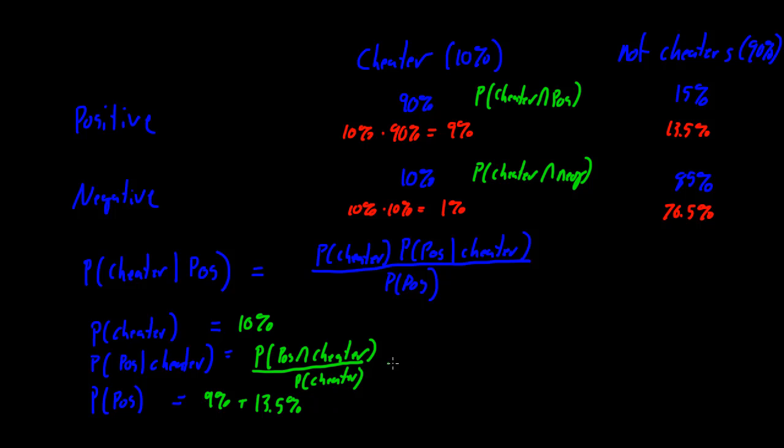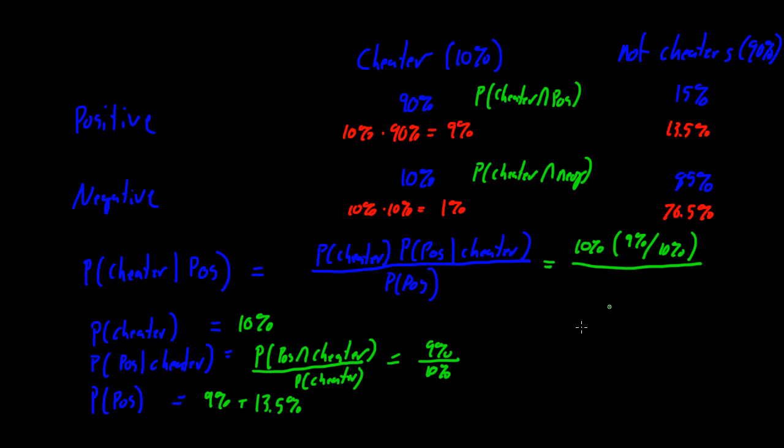These values are 9% for positive result and cheater, and 10% for the probability that someone is a cheater. So when we fill in our values, we get the probability that someone is a cheater, 10%, times the probability that someone got a positive result given they're a cheater, which is 9% divided by 10%,